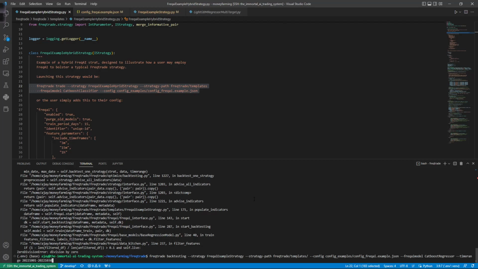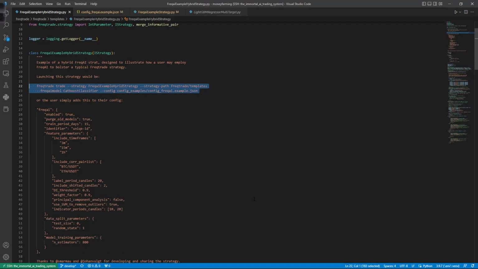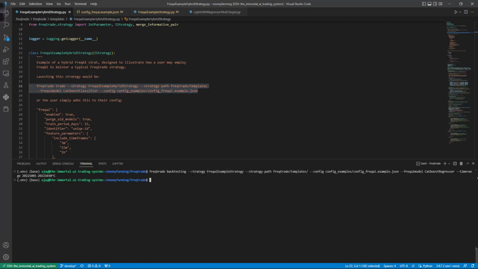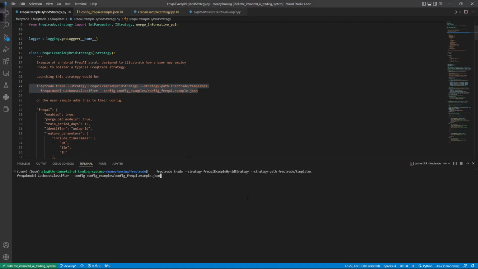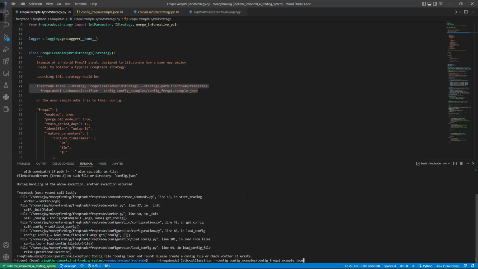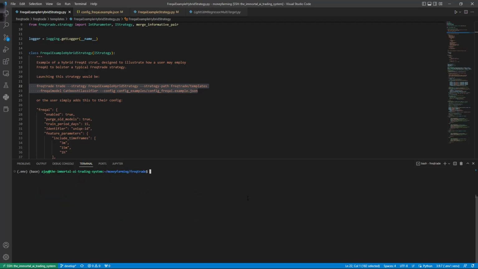I think it's the same example. Yep, on this example. Okay, and so